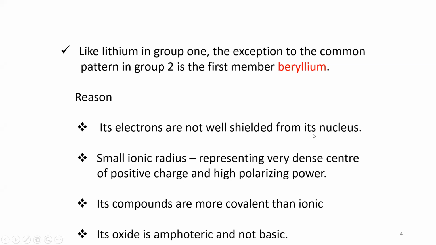So they're very close to the nucleus. So their size is usually very small and they have a high charge. So we say due to small ionic radius or small size,